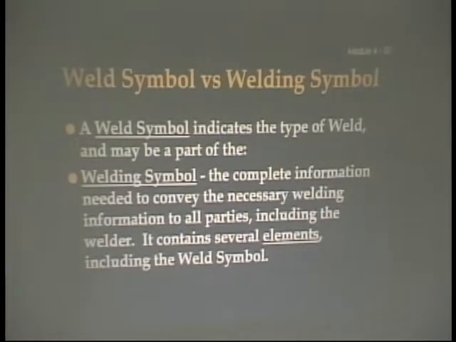A weld symbol indicates the type of weld, and it is usually part of a welding symbol, the overall welding symbol. So the welding symbol is the complete information needed to convey the necessary welding information to all parties, including the welder. It contains several different elements, including the weld symbol. So if you go back to our blackboard here,